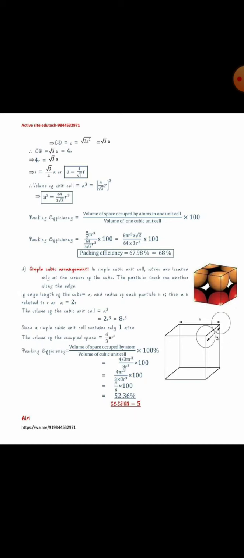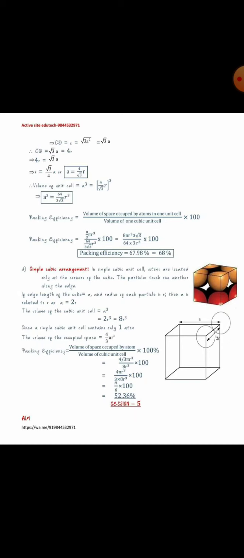So in this very case, edge of the unit cell can be taken equal to twice radius of the constituent particle. So R of constituent particle at one corner plus R of constituent particle at the adjacent corner gives us the edge length A. So in this case, it's a very simple correlation between edge length and radius. So in case of simple cubic unit cell, the edge length and radius are simply related as A is equal to twice R, right?